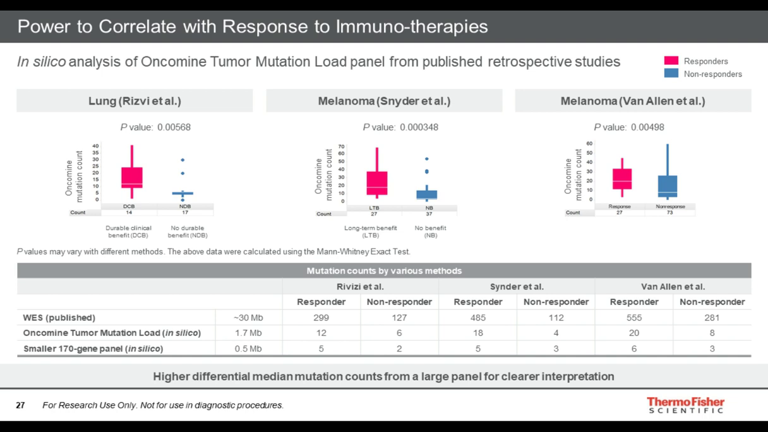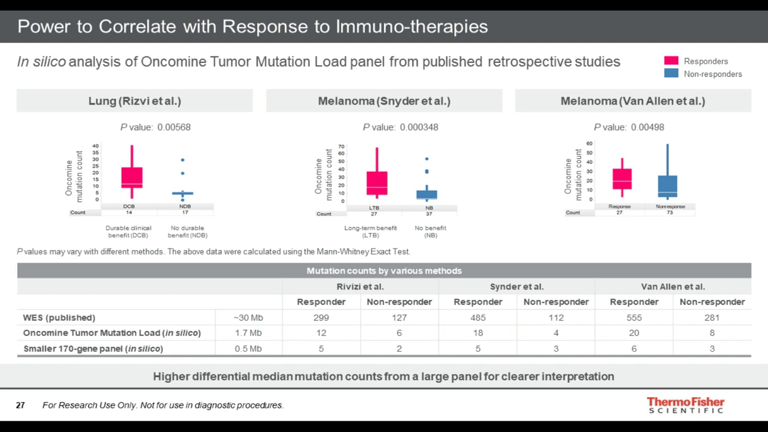In this slide, we further demonstrate the ability of a smaller targeted panel to replicate whole exome sequencing results. The slide summarizes data from 3 published studies that investigated genetic correlates to clinical response to immunotherapies in non-small cell lung cancer and in melanoma. These studies showed that estimates of tumor mutation burden derived from exome sequencing were significantly higher in clinical responders compared to patients that didn't receive benefit from either